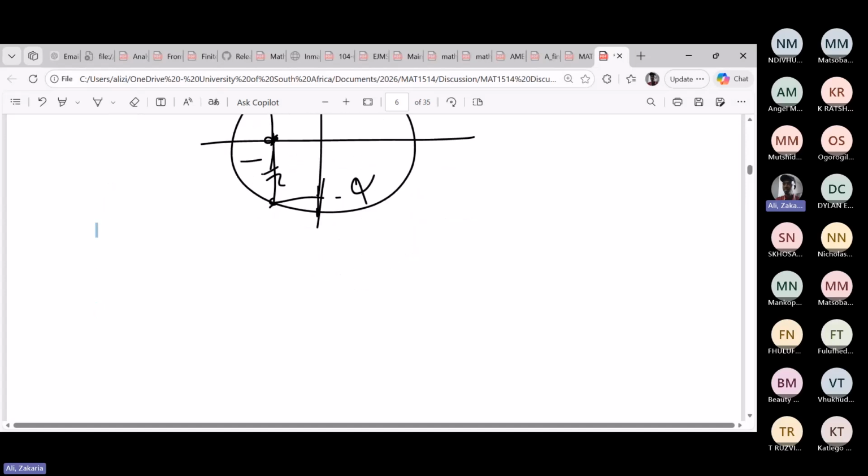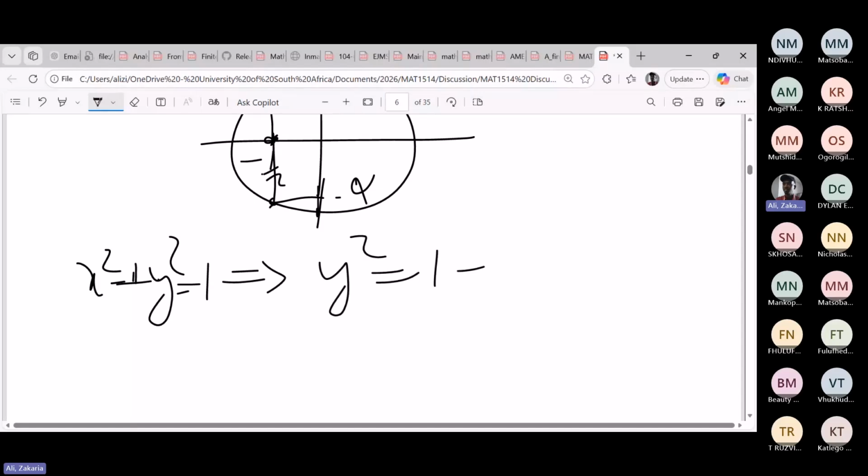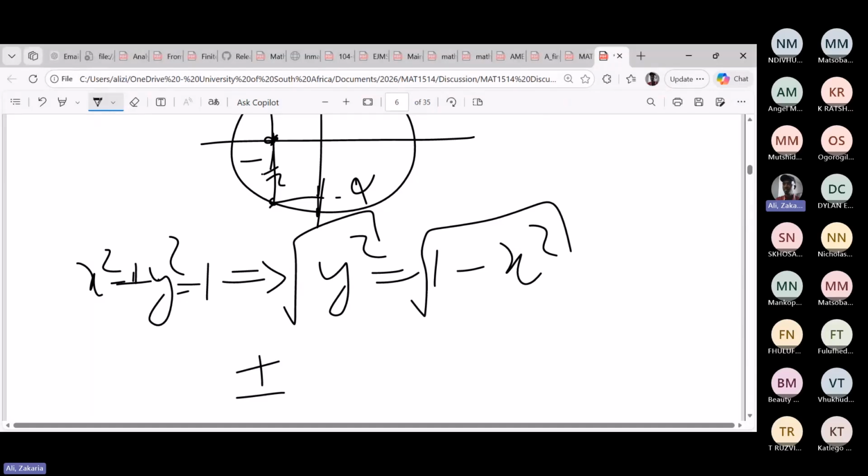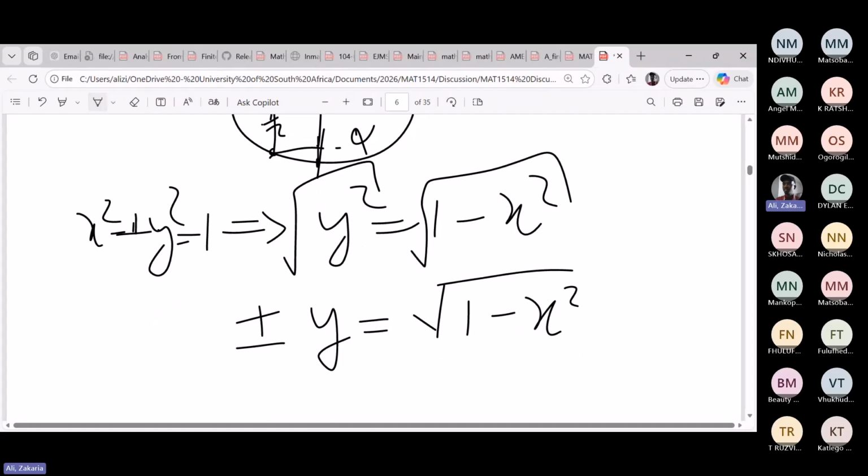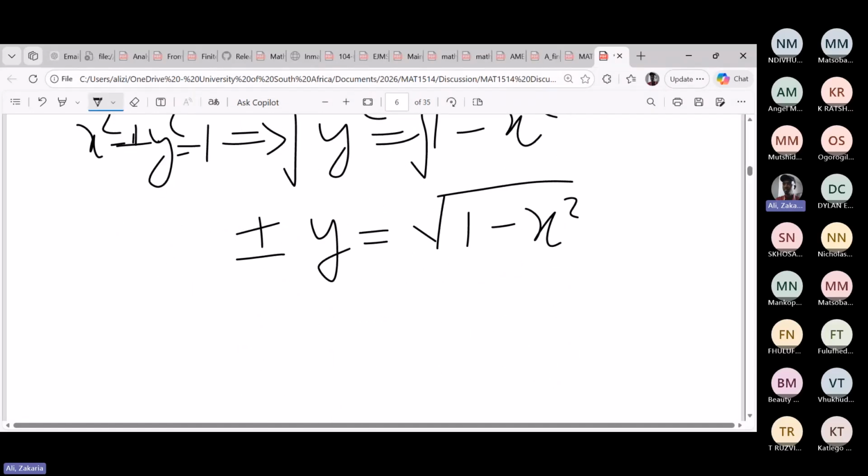Now the question is, how do we make it a function? If we take the circle, x squared plus y squared equal to 1, you can write it as y squared equal to 1 minus x squared. Then by taking the square root on both sides, the left hand side becomes plus or minus y, and the right hand side becomes the square root of 1 minus x squared. This one we didn't simplify. Then if we now try to simplify it further, we have